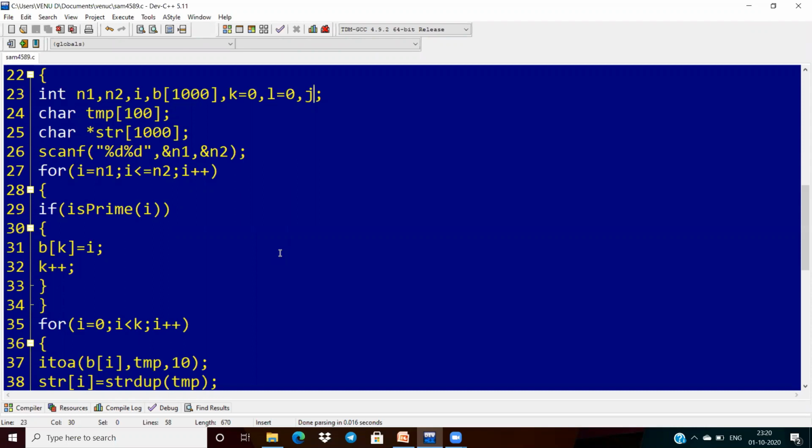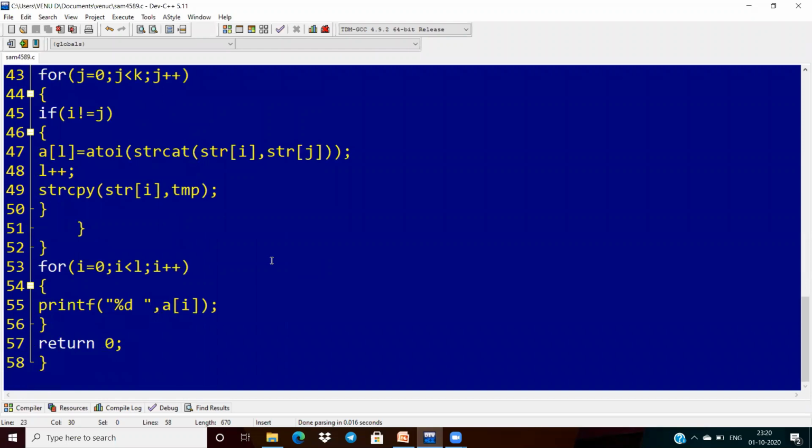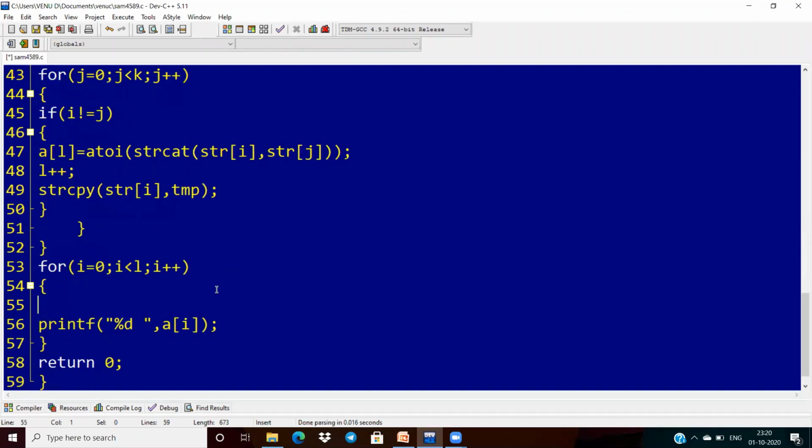So for that purpose, I'm verifying one condition. What is the condition here? Is prime. I have to call it for each and every number. That's all. If the elements inside the list are prime only, we can display them.